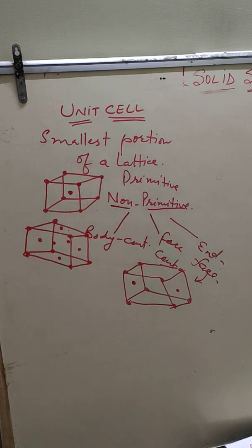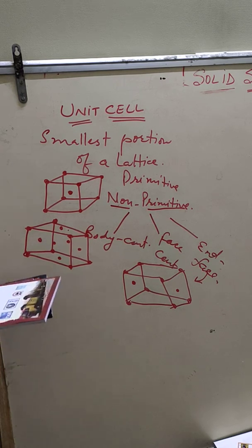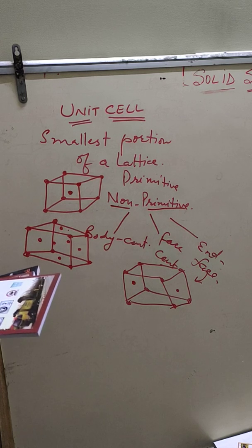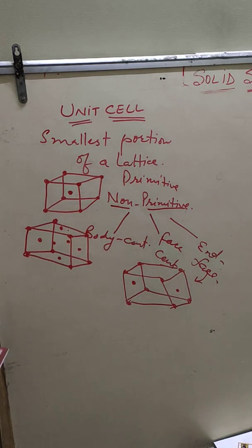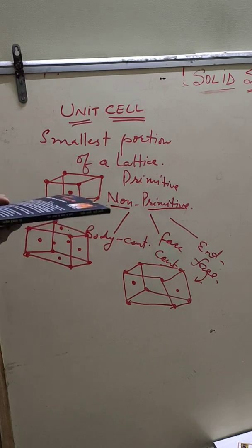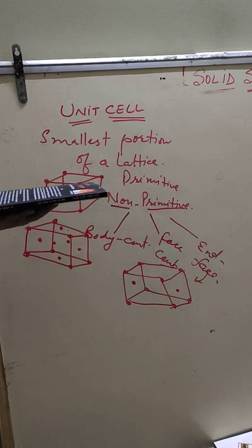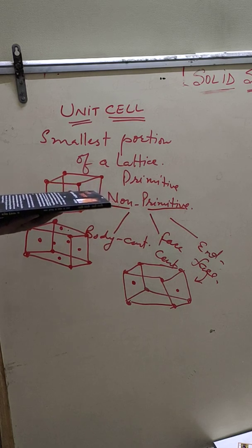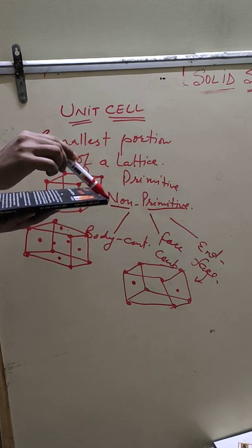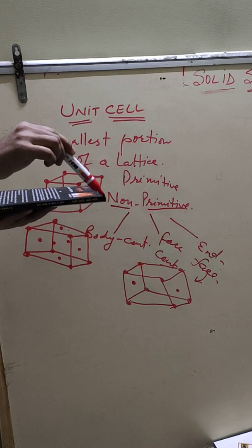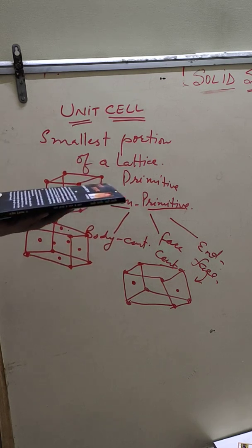If a particle is present at the corner, in that case, that particle is shared by 8 unit cells. That particle is further shared by 8 unit cells. For example, we have this book, considering it as a cube. If we suppose this corner, if it is the particle present at the corner, then it